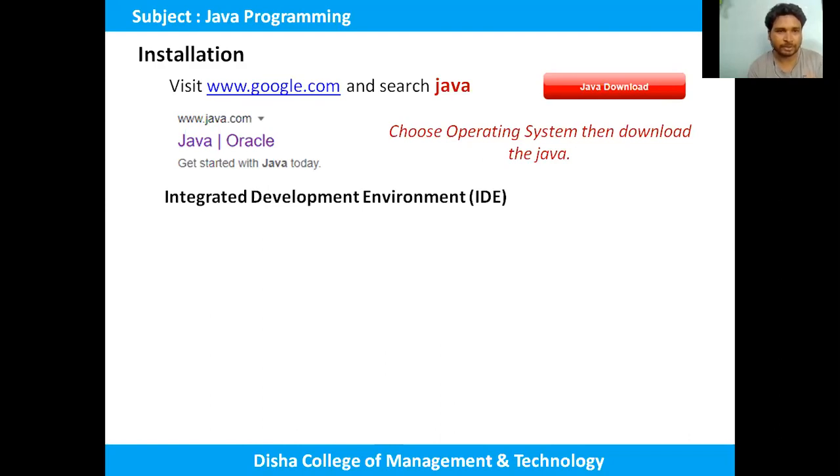When you install Java, the next job is to install an integrated development environment. So here the question is whether the integrated development environment is compulsory or not. It is purely optional. Without an IDE, you can write Java programs through the console that is available in Windows. When we start Java programming, I will show how you code a Java program without the use of an IDE.